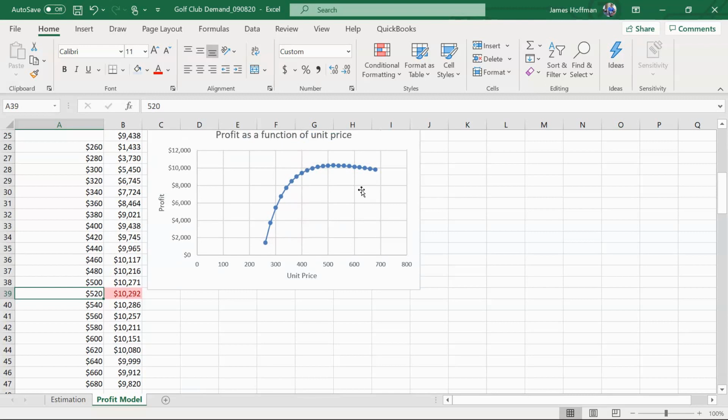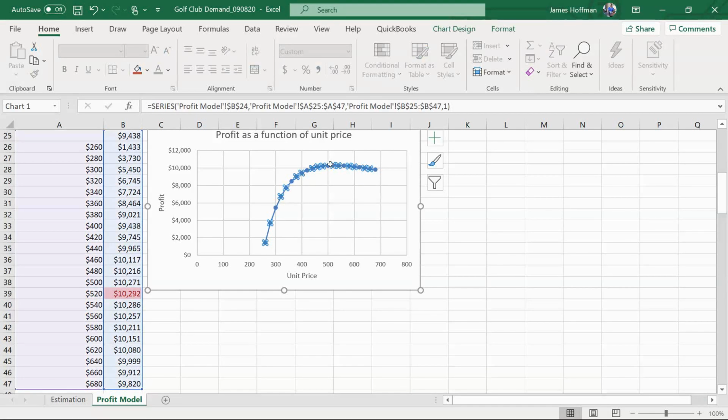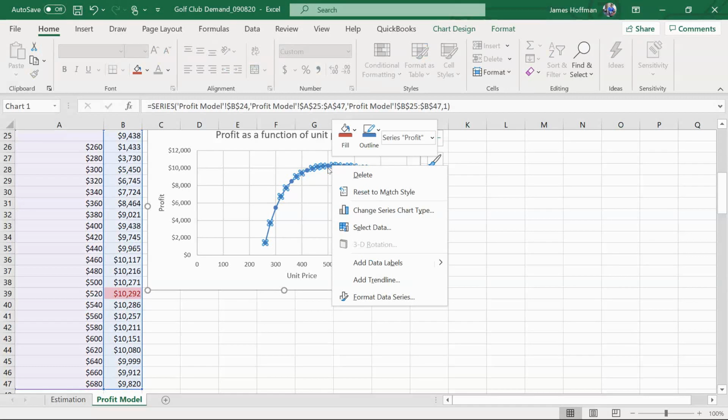Okay, and also if you want, you can make a note of, or let's see if we can find that spot on the graph, which is right there. So this is optional, but you can show the associated highest profit on the graph, because it's kind of hard to see. But if you hover over the point that says 520, the point we want is 520, 10,292, and click it, and then right click it, or